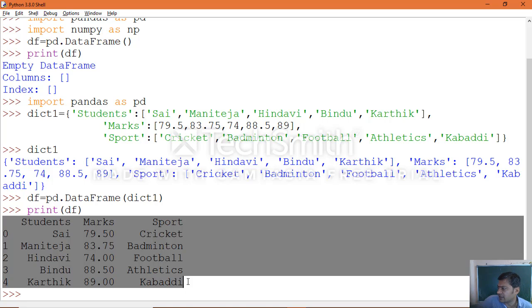The way we define the dictionary, in the same manner you see it as output. First we define students, then marks, then finally sport. Same order which you see. The index was taken as the default index. And the data frame in the textbook was represented differently, so you can see the difference.